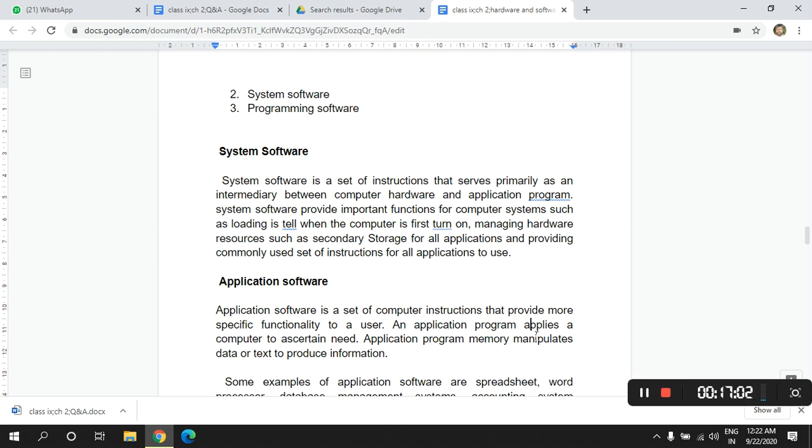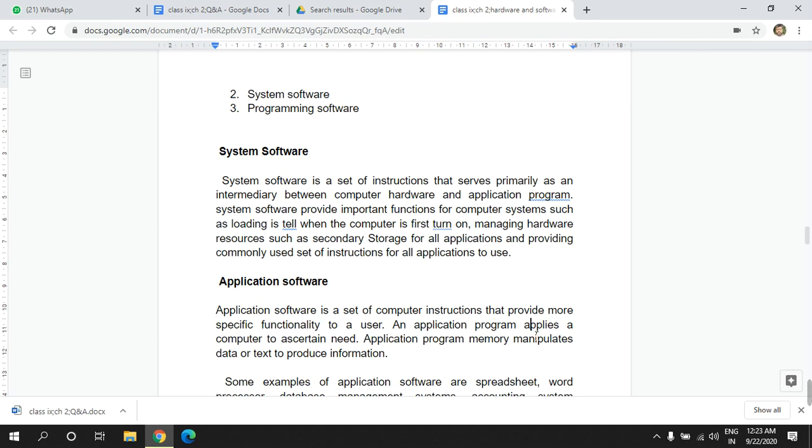For example, we give some instruction to the software, and the software gives instruction to the hardware, like a printing command or a command to the scanner. System software also performs many other operations, such as managing the hardware, command interpretation, memory management, and so on.